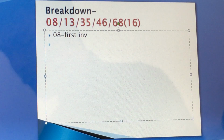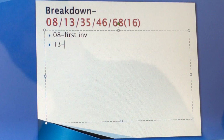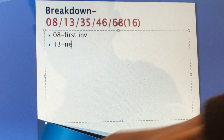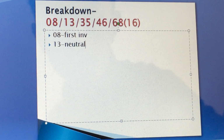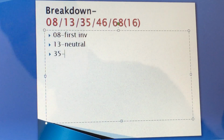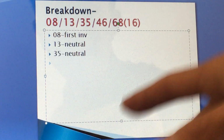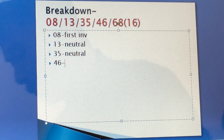Now, if you look at 13 from last night, it was neutral. Going into 35, it's also neutral. So we have 3 neutral numbers. Okay, 8 is first invincible, 13 neutral, 35 neutral, 46